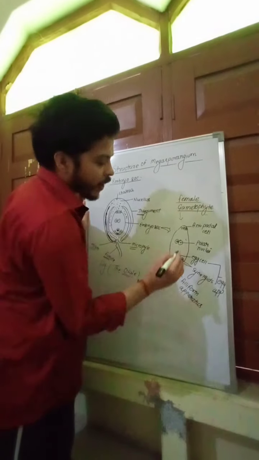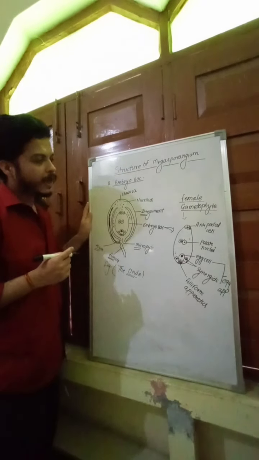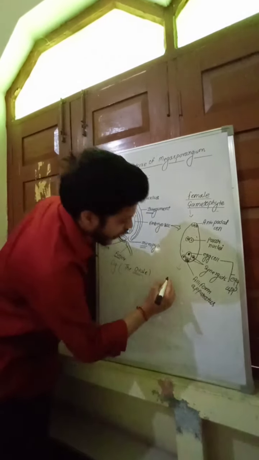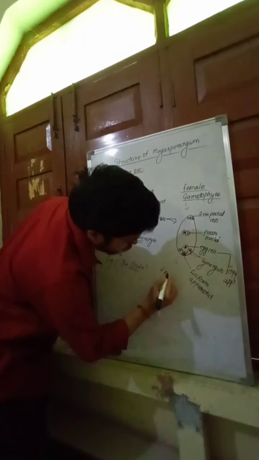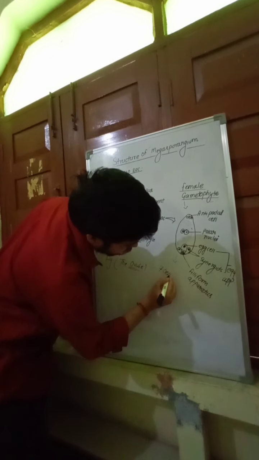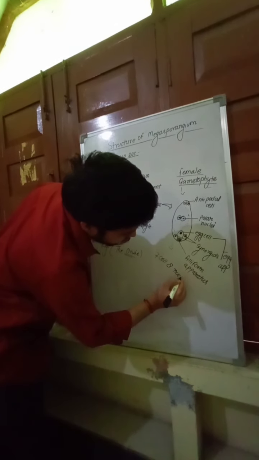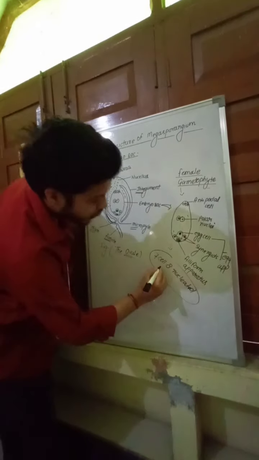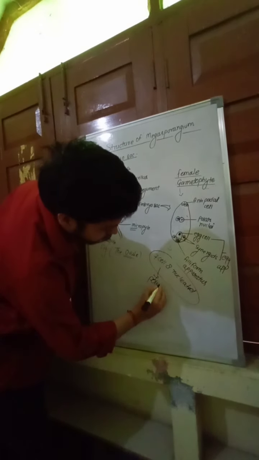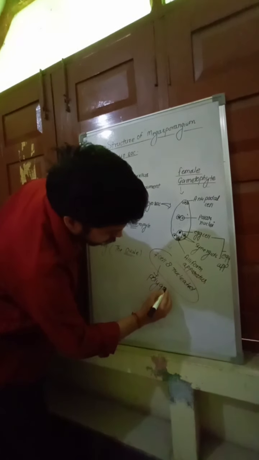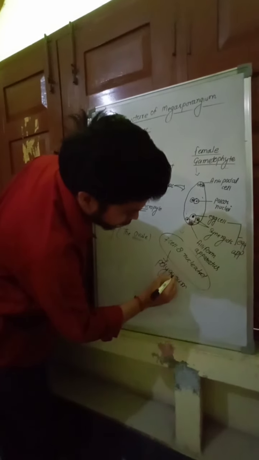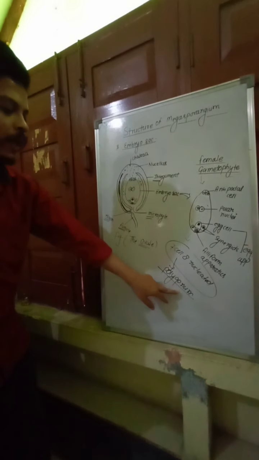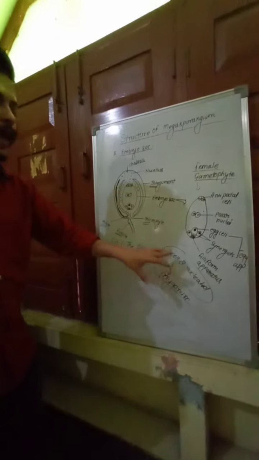Then we move to the female gametophyte in detail. The female gametophyte is called embryocyte. What is embryocyte? The female gametophyte is 7 celled and 8 nucleated. That type of embryocyte is called polygonum type. Very important. Polygonum type embryocyte. So if there is a question, what is polygonum type embryocyte, you write that it is 8 nucleated and 7 celled.